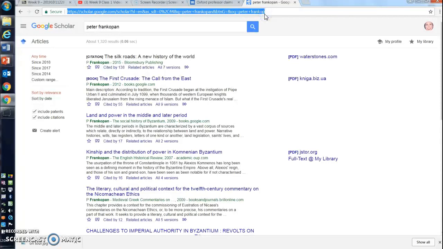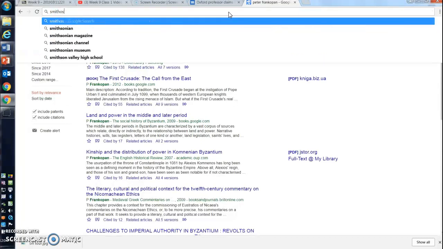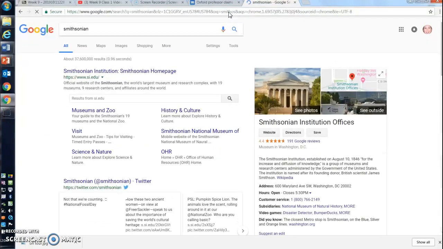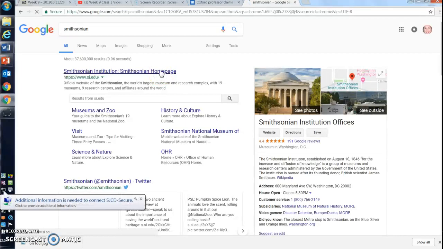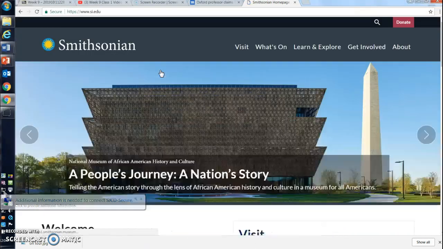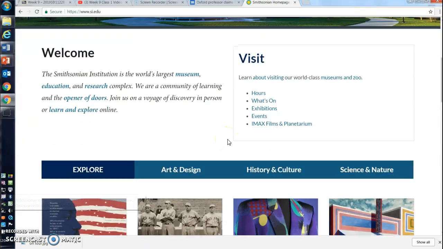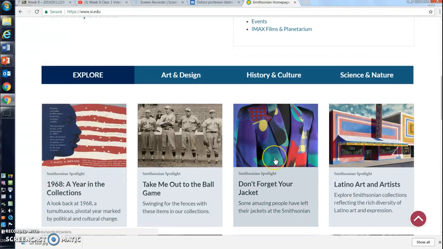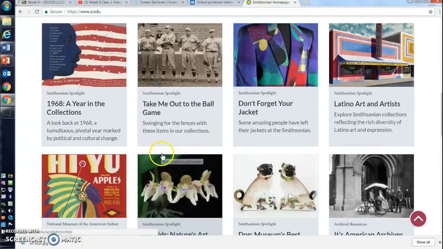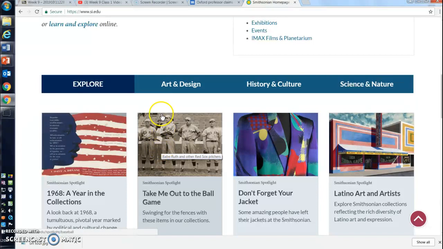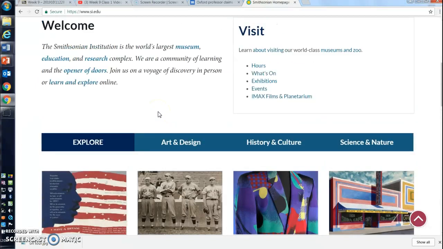Your textbooks are primary resources because they come from experts. But I also can use places and things. So the Smithsonian is filled with the actual primary resources themselves. So if I wanted to talk about the Constitution, I can actually see it at the Smithsonian. However, I can use information off the Smithsonian website. I can use their pictures. I can use their articles, their information, because it is the primary resource itself housed there, and they have experts